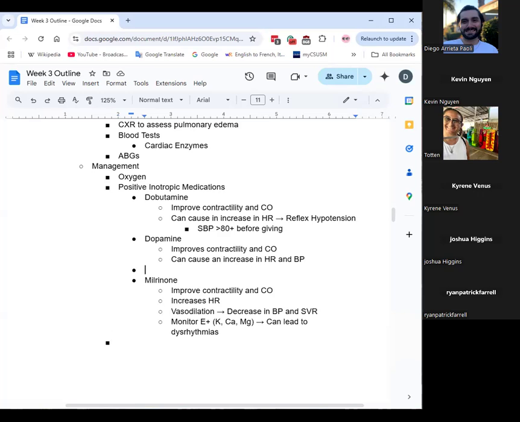I'm seeing here that digoxin is not ideal for cardiogenic shock because of a slow onset of action, which I guess is why he didn't list it, even though it is one of the